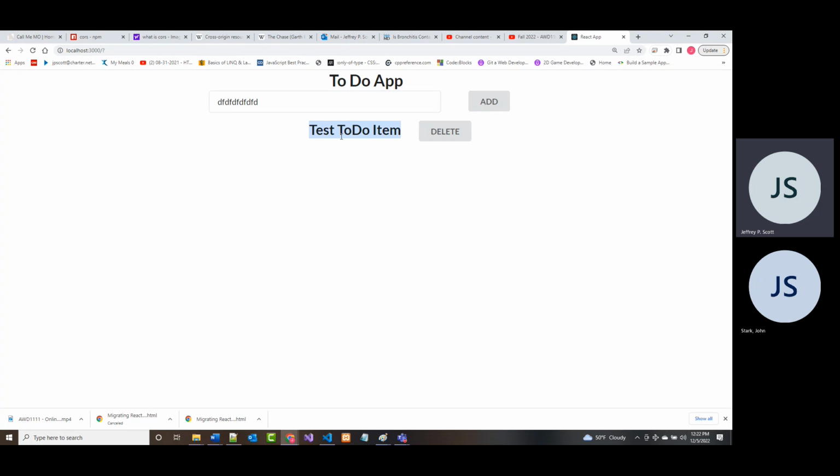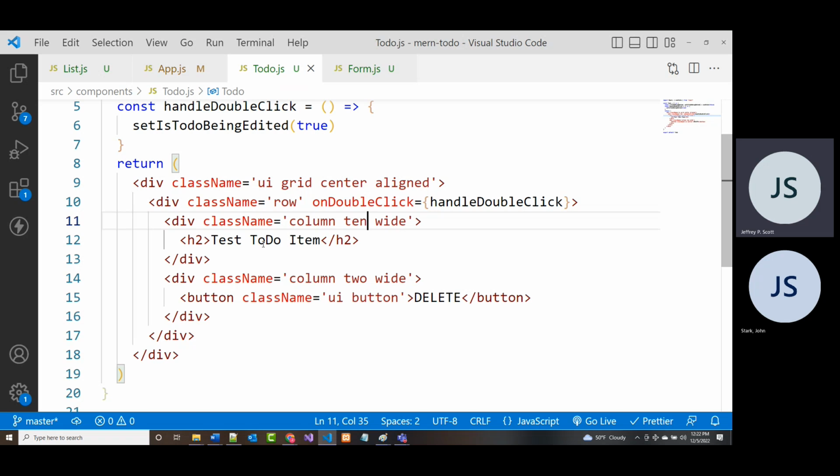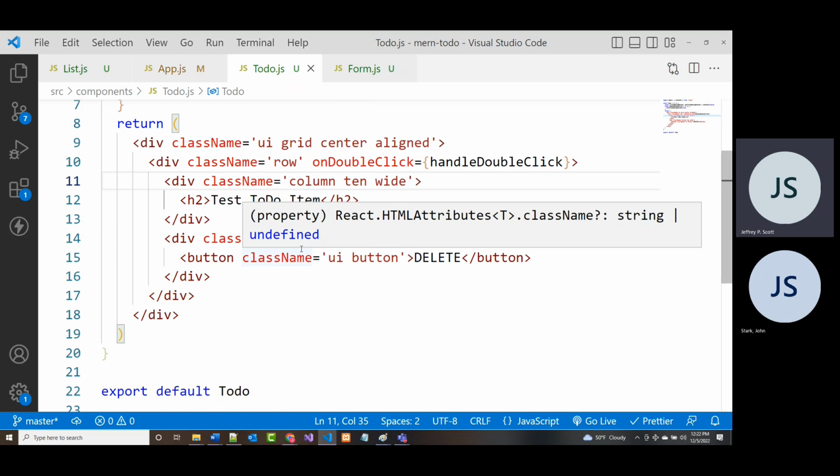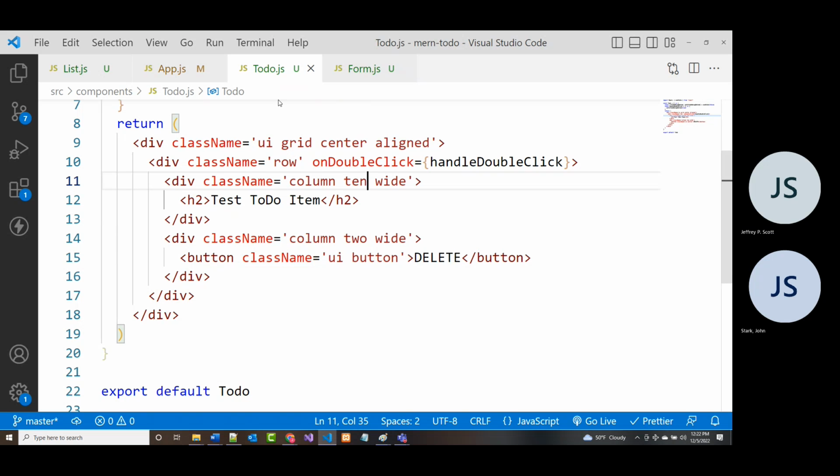So you'll notice that right now when we double click on this, all right. Like I said, it's not looking the way I want it to look, but okay. All right. So we've got this test to do item, and then in here, we've got this too wide, and we've got the delete button. All right, that's fine. Now, the problem is what we want to be able to do in here